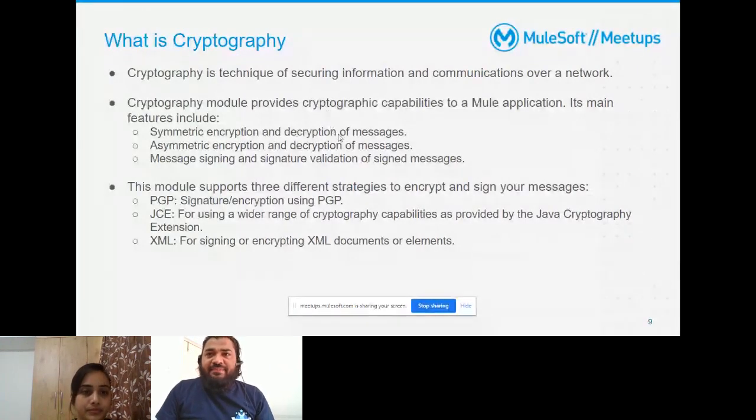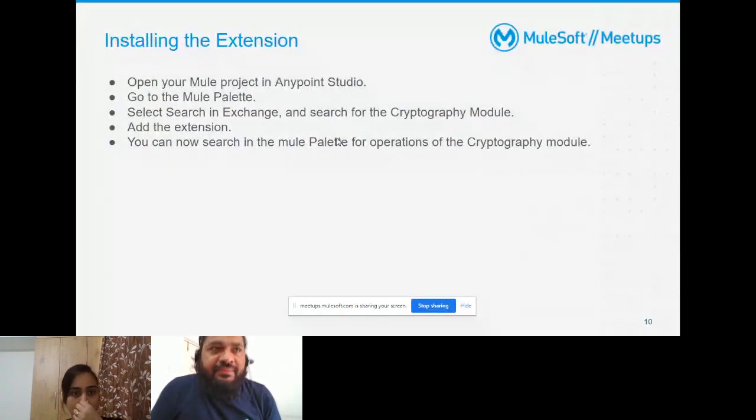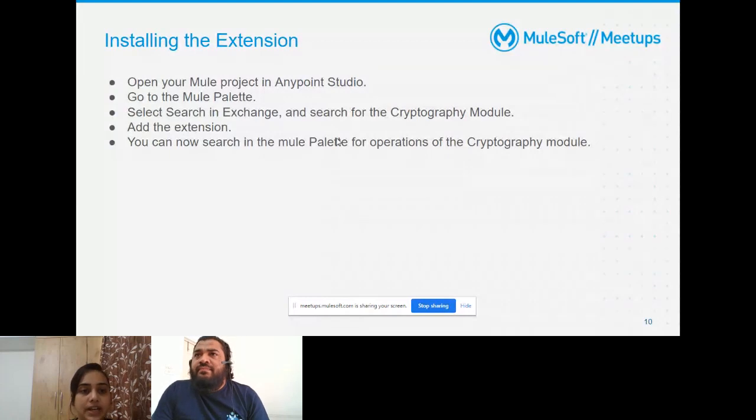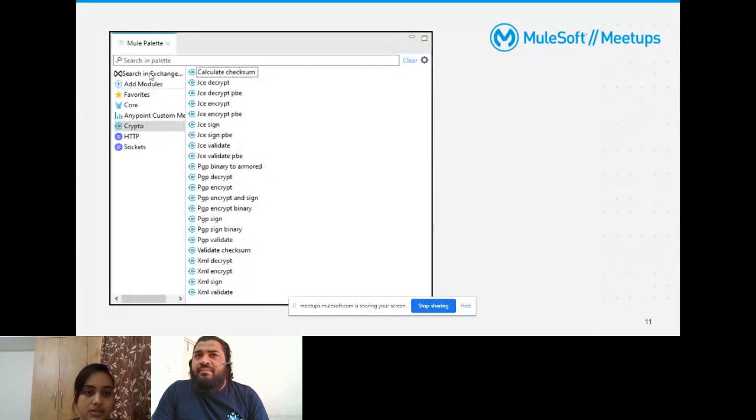Yes, definitely. Okay. So for installing the extension, we just need to go to the Mule palette, search for the cryptography module, and add the extension. I will show you in Studio. We'll see the steps for installing it first, and then we just need to add the extension. Once the extension is added, this is how it will look in the Mule palette.